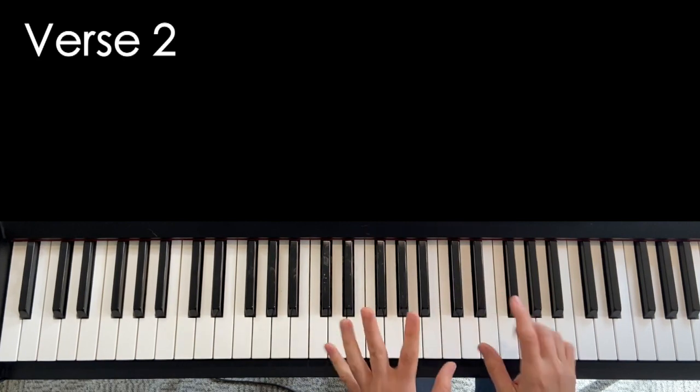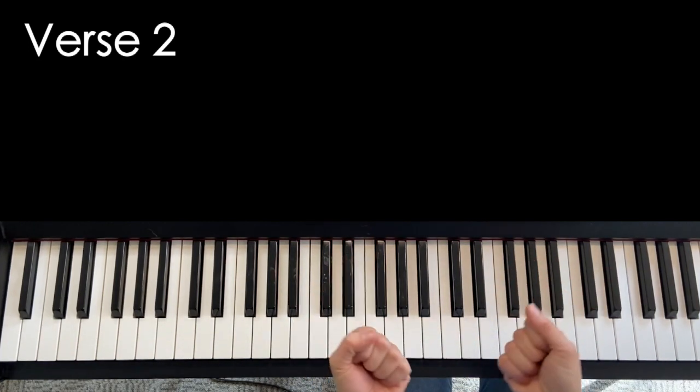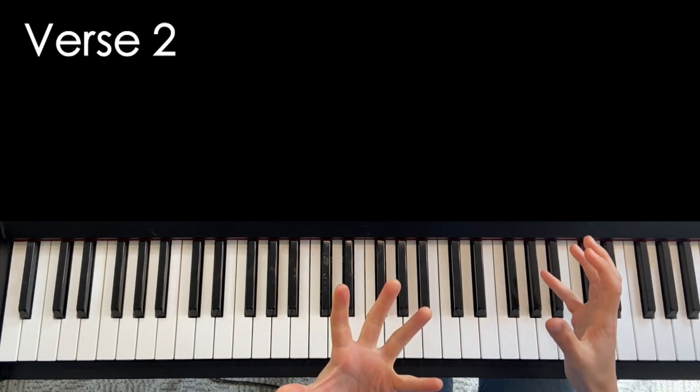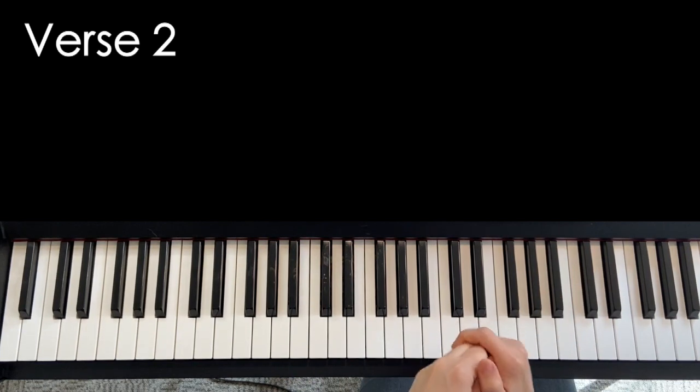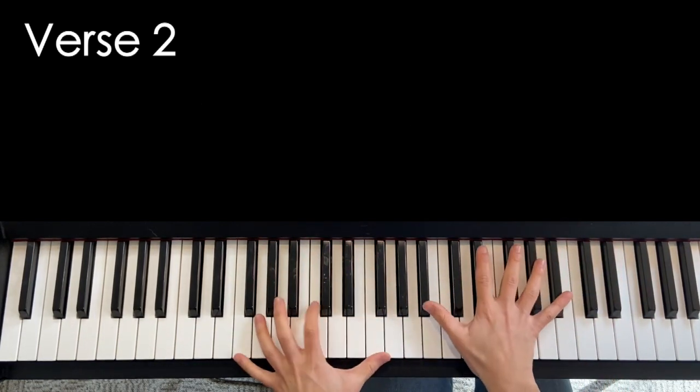That part is actually different from the sheet music because when I wrote this, I was copying what I did for the piano cover a year ago, and I wasn't perfectly familiar with the melody yet. So the melody is wrong in the sheet music, and I'm correcting it now for this piano tutorial. So it is a little bit different. I'm sorry. Heed all the...